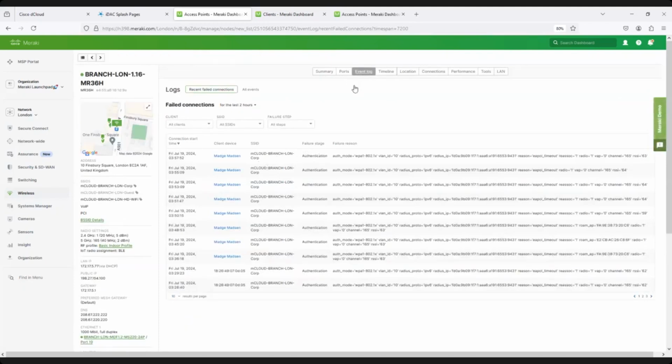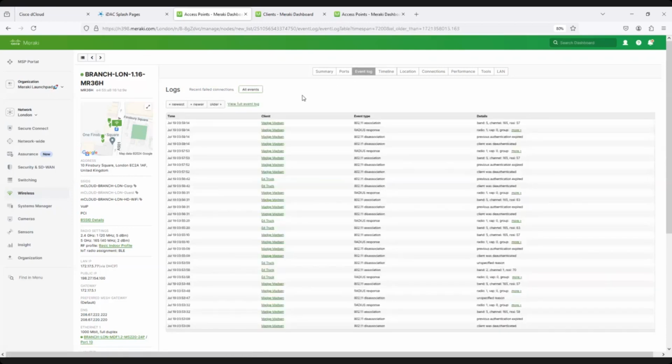It leads you to the event log page, very similar to the connection logs, where it just shows you the failed connection and the failure reason. So it leads you to trying to find out what that root cause is. Because this is the event log, you can also see all the events of this access point, and you'll see all